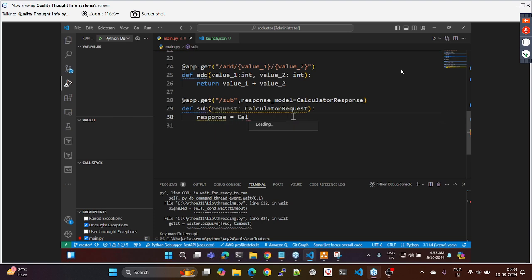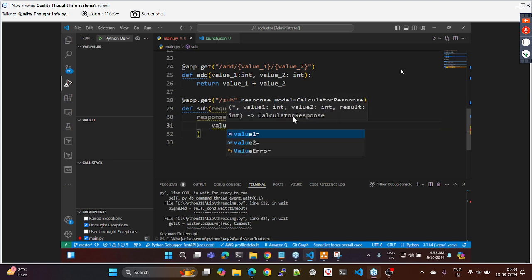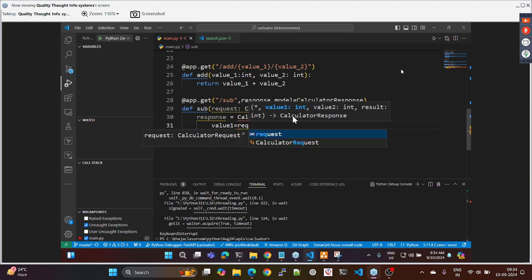Response is equals to CalculatorResponse. And while you are trying to create CalculatorResponse, value1 equals